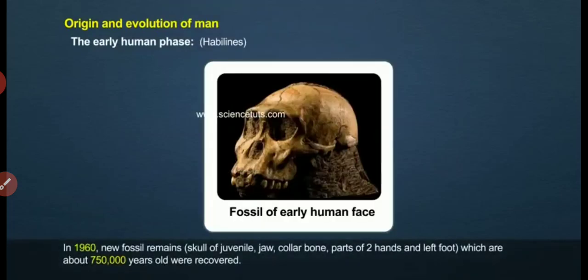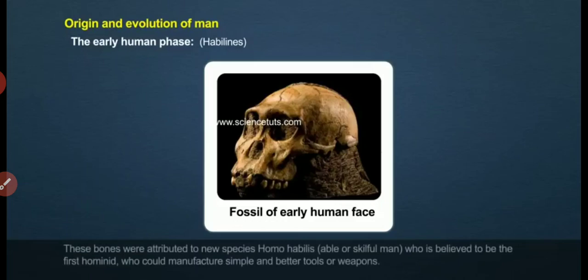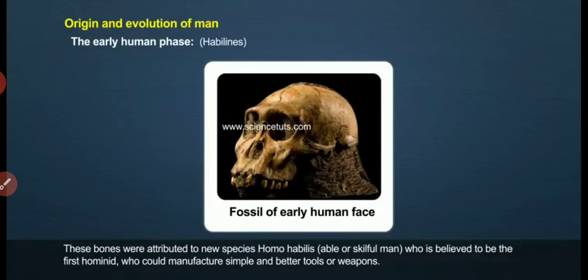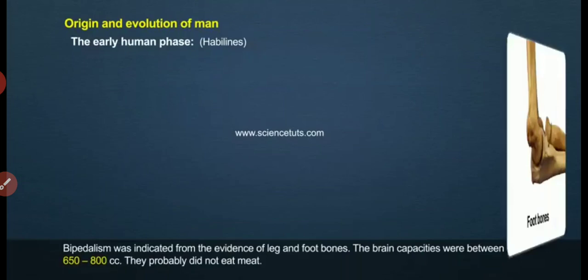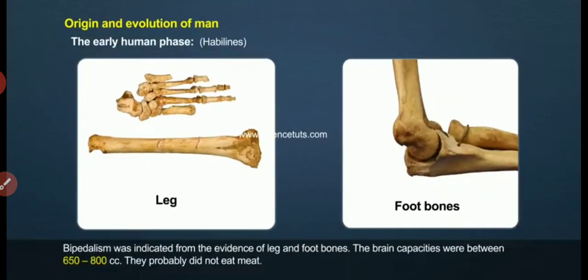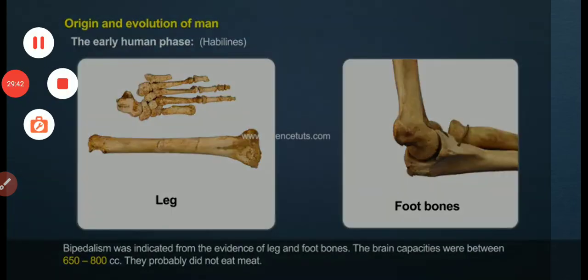Habilines. In 1960, new fossil remains, a skull of a juvenile, jaw, collarbone, parts of two hands and a left foot, about 750,000 years old, were recovered. These bones were attributed to a new species, Homo habilis, able or skillful man, who is believed to be the first hominid who could manufacture simple and better tools or weapons. Bipedalism was indicated from the evidence of leg and foot bones. The brain capacities were between 650 to 800